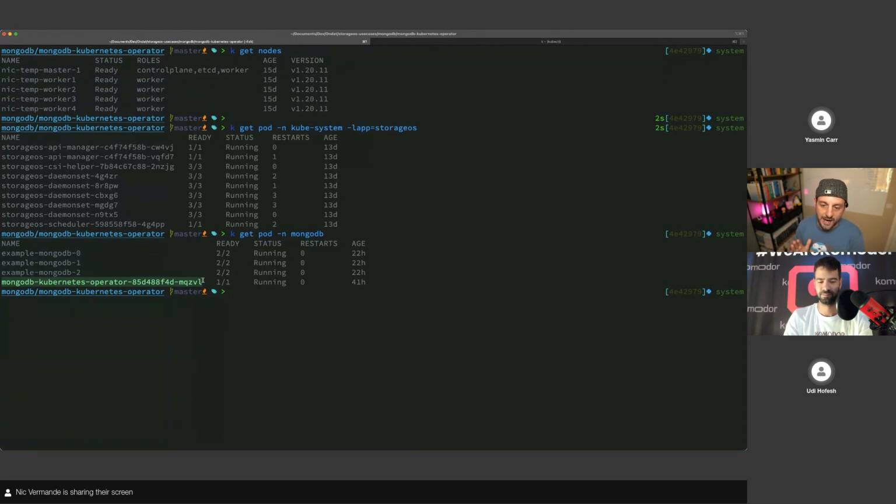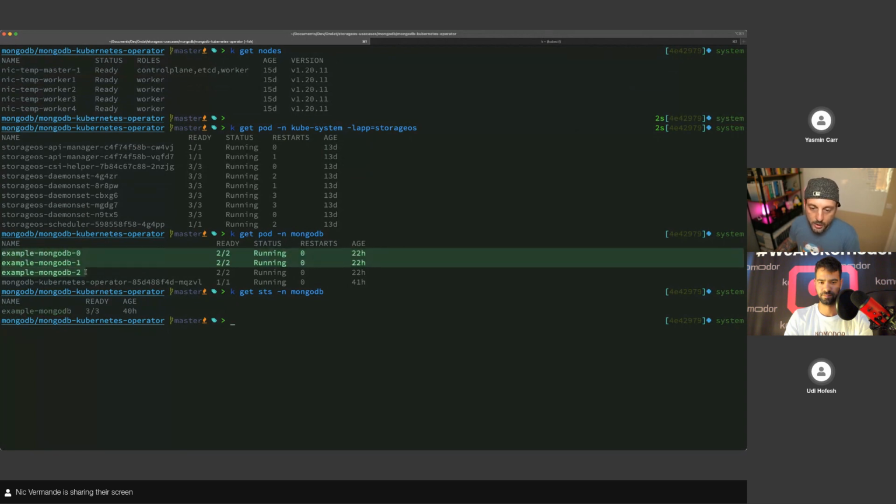So in our case, I just said I want a MongoDB. I want 3 instances for this particular MongoDB cluster, and those instances are the pods composing the StatefulSets. So essentially, if I do get statefulsets in that namespace, I've got my database, right? The name is example MongoDB, and as part of this, it's deployed 3 instances already. So if we take a look at the